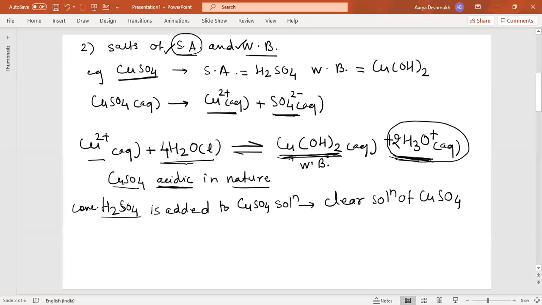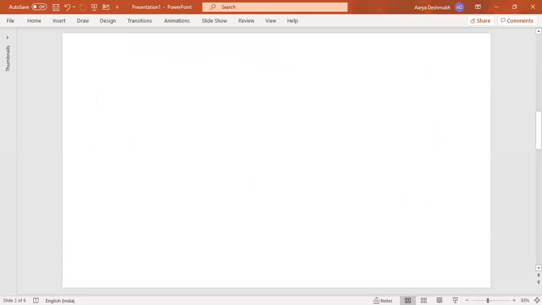Now the third type of salt we will be studying. Let us go to the next slide. Third type you can write, that is the salts of weak acid and strong base. The third combination. Now, for example, this type of salt you can write. For example, here the example is